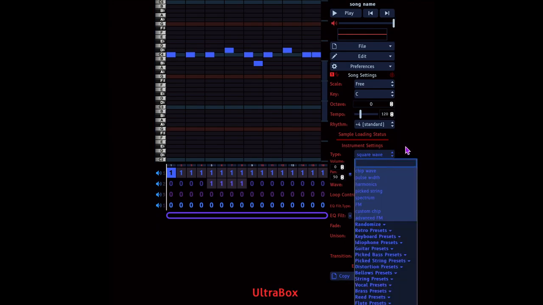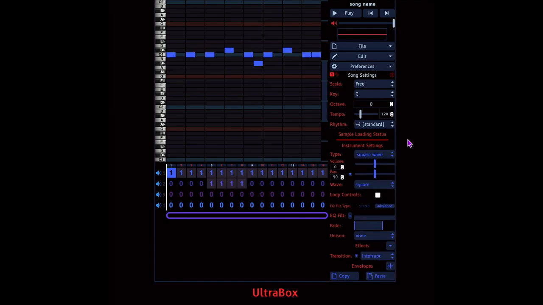Now, as I said, this is really a chiptune program, so don't think you can be making the most epic orchestral stuff. For that, you're probably better off using something like FL Studio, even though that isn't free. You're probably better off using actual music making software that's not a website, or even stuff like Soundtrap would work. But if you want to make chiptune, ULTRABOX is perfect,